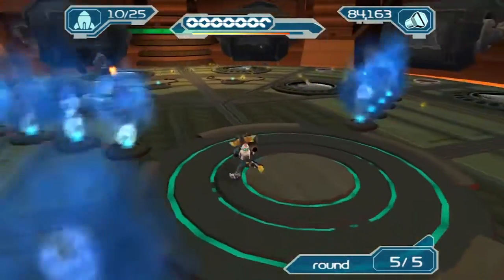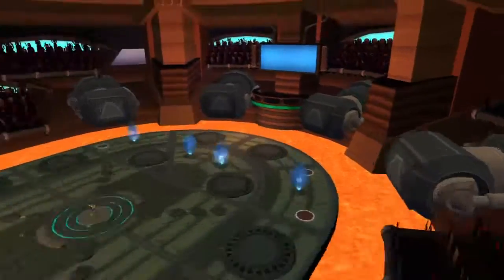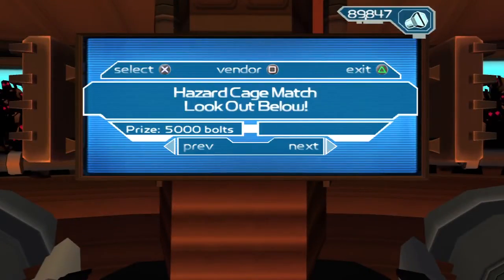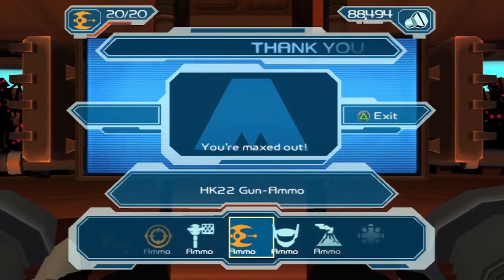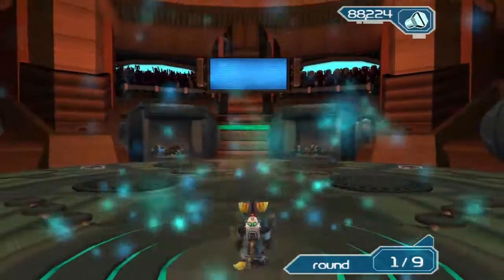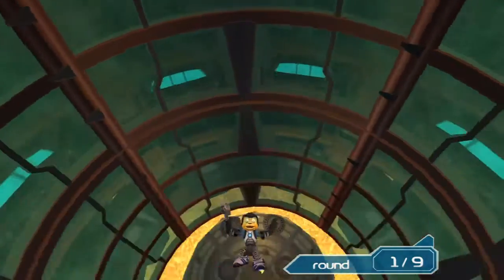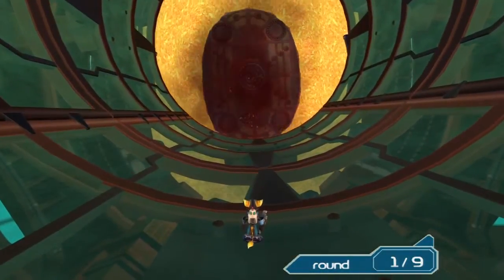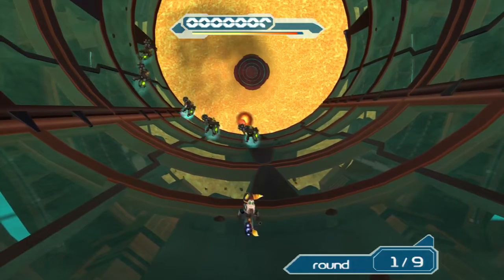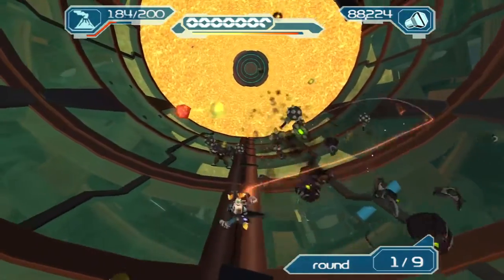Looks like I'm going to do it in this attempt. Yeah, I did it. That is really nice. 5,000 bolts. The next challenge is a hazard cage match. When there is a hazard challenge, that means that there will be like some things trying to hit you. For example, if you're down there, there will be like some stuff on the ground, like shooting up and stuff. But now that we are in the cage, there are